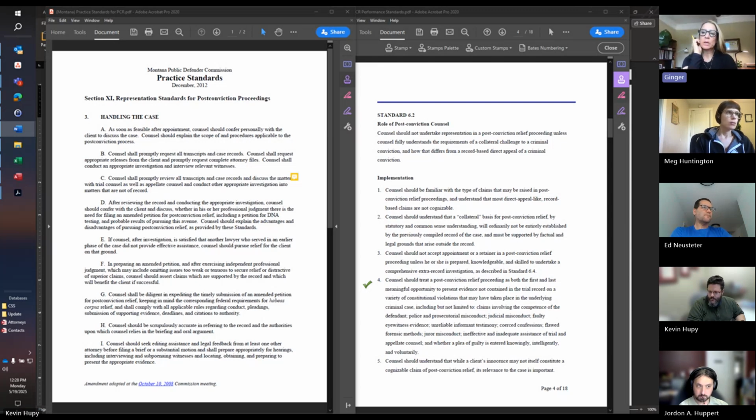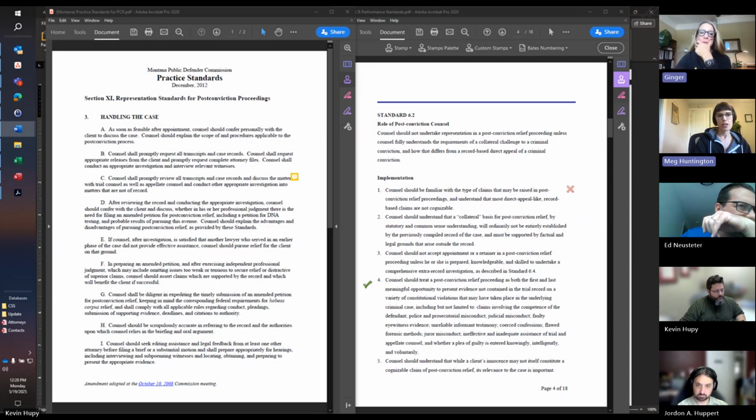I think we need to look at number 4 and see if there's any other claims that we want to call out in this list that they have. So competence of the defendant, police and prosecutorial misconduct, judicial misconduct, eyewitness. I mean, are there any other big ticket claims in post convictions that aren't in this list? Well, yeah, depending on how there's a case at the Supreme Court coming up about whether actual innocence